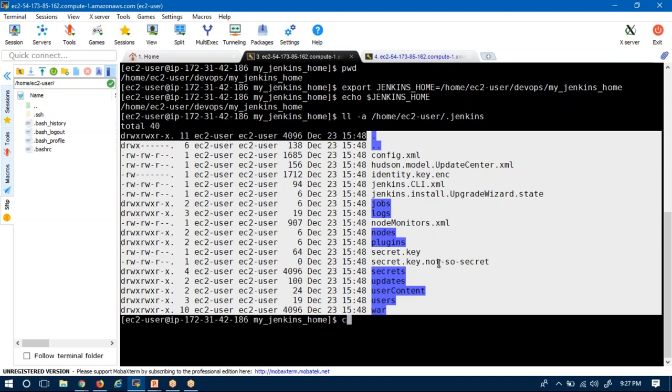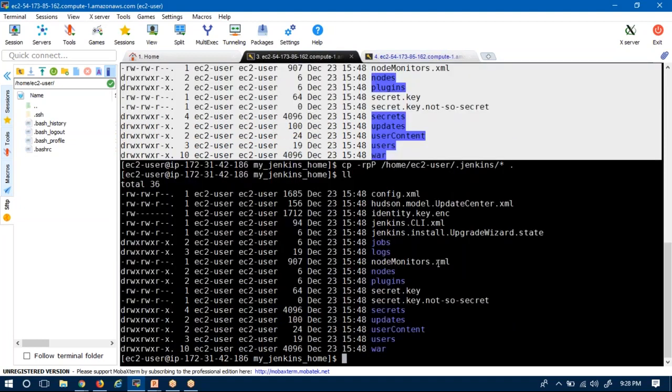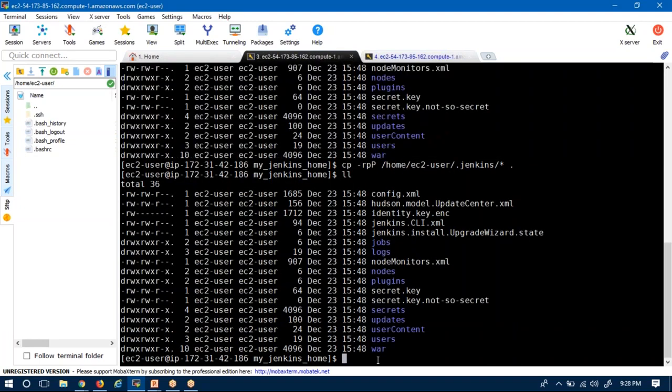Now I am copying each and every file and directory from home EC2 .jenkins to here. See, all are copied. Now start your Jenkins.